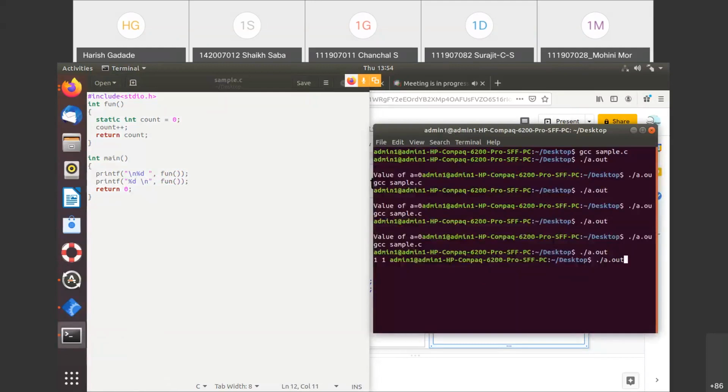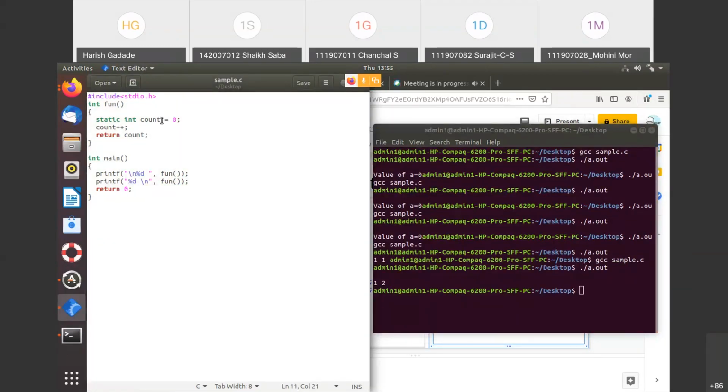So if you say this, I'll just compile this, I'll run this, the output would be 1 and 2. You can see here that output is 1 and 2, because first time when this executes this statement, it will go to this function, it is initialized to 0, and that value will be incremented and return value would be 1. Then it will come to the second calling statement, it go here. Now as this is a static variable, count is static variable, so it is not required to reinitialize that to 0. Whatever is the updated value, that it will be considered.